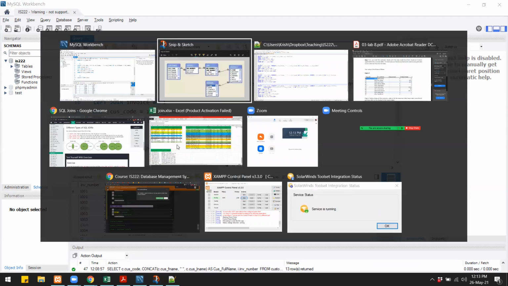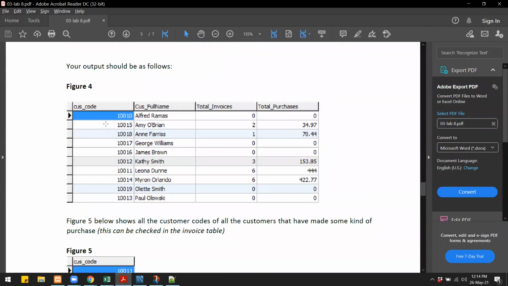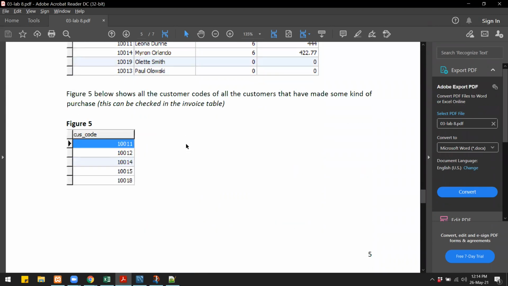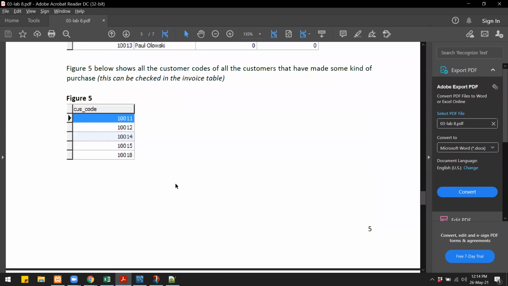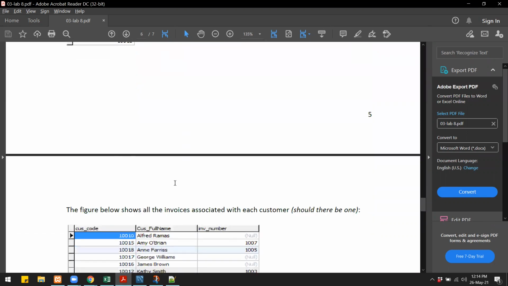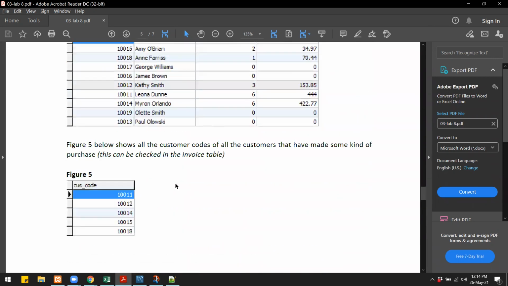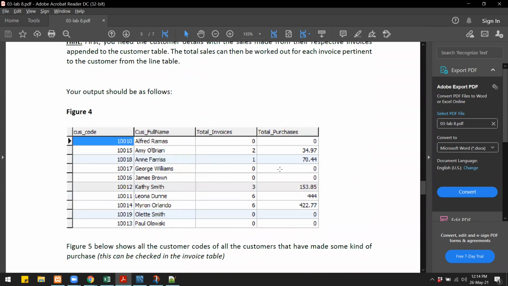So that was number 5D. So this is the final result of how the result should look for query number 5, A, B, C, and D. And from here, that is a step-by-step walkthrough of how you will build up the results. So when you get the data, make sure that your result matches with the one in figure 4.